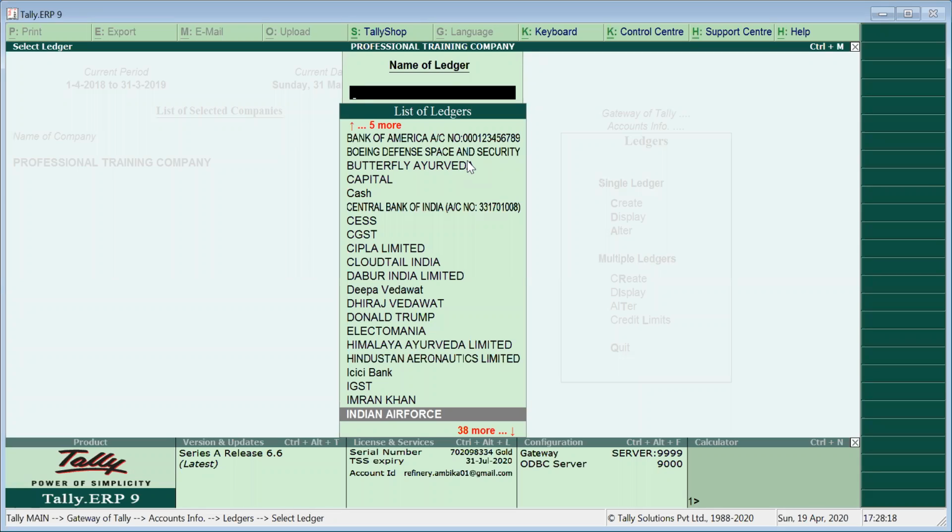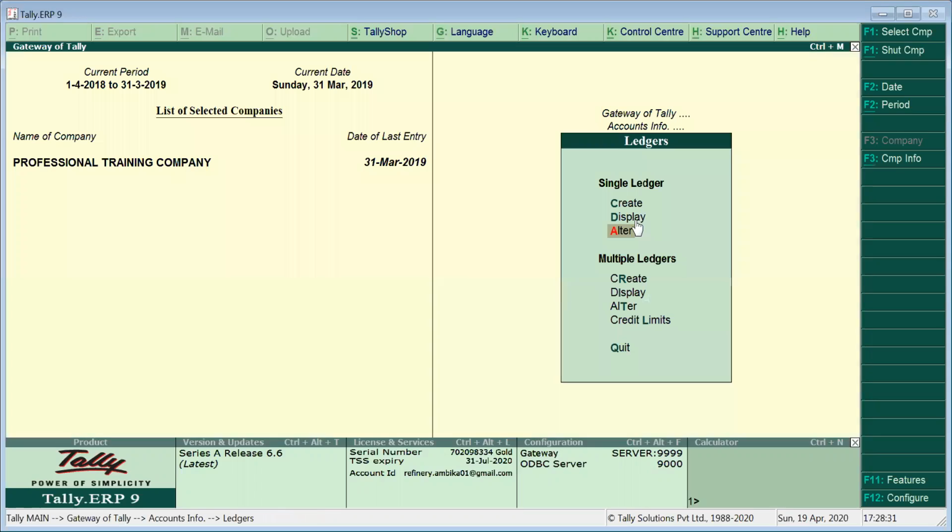With this first escape, my search bar is emptied. Now again, if I press escape, I can come one step back. You can just see in the blur side, there is a window which was in the backdrop. All right. So now over here, these 2 options are covered. What is display and what is alter?